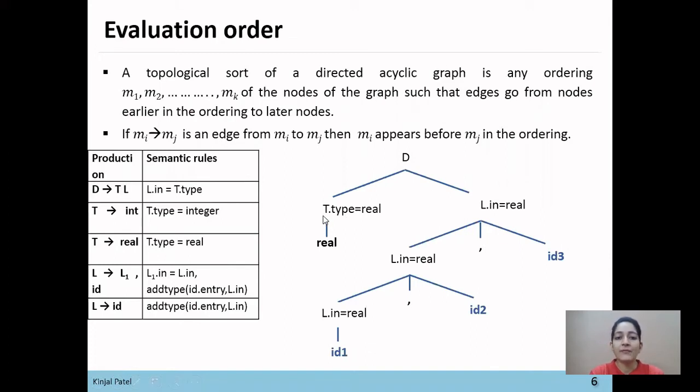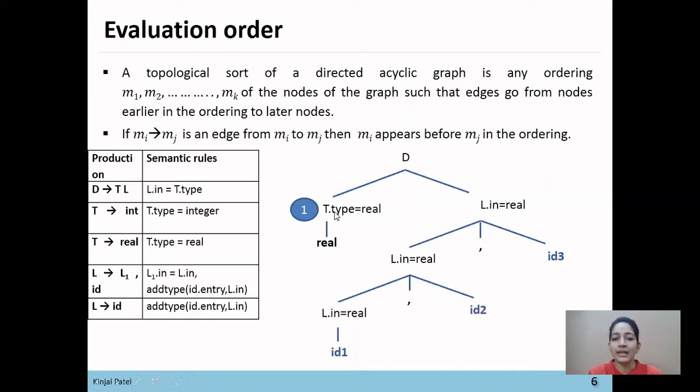First, the synthesized attribute T.type will take its value from its child, so this T.type value will be computed first. This is how we give the order to each node: if there is an edge from Mi to Mj, then Mi should appear before Mj in that order.